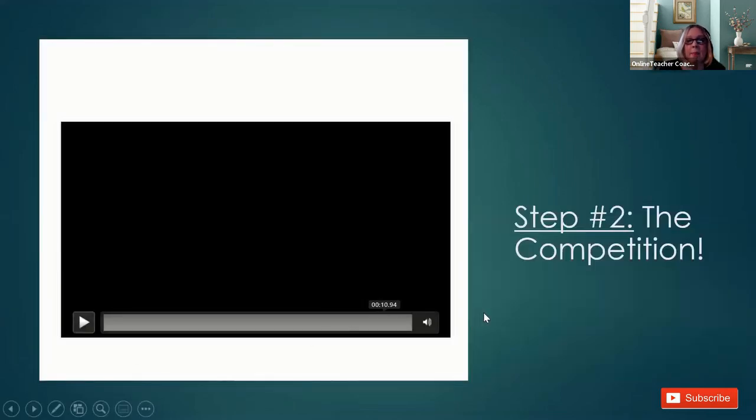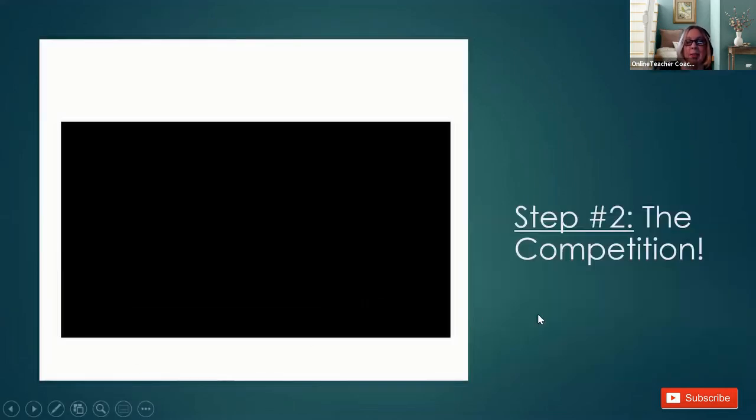Step 2 is the competition. So what this means is that you're going to start it all over. You're going to say everybody's in their peer groups. Student 1 has gone and did maybe 25 things. Student 2 has gone, maybe did 30 things. So I tell them, this is a competition between you yourself. This is not a competition with the other person, with you yourself.